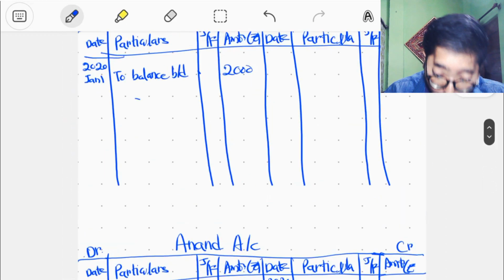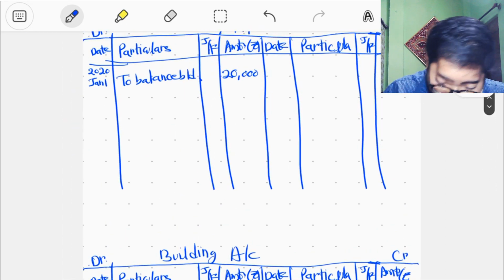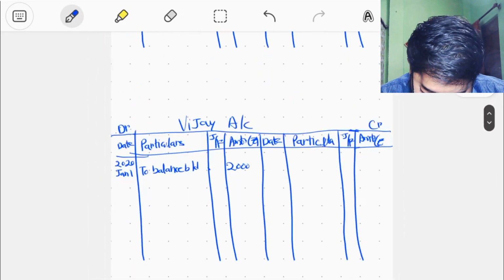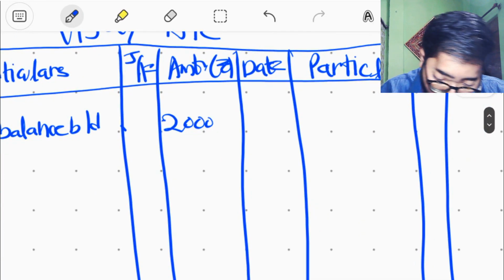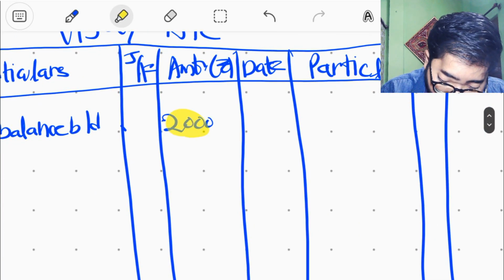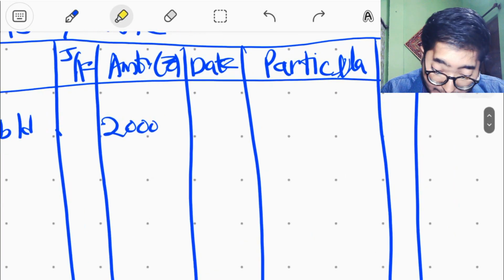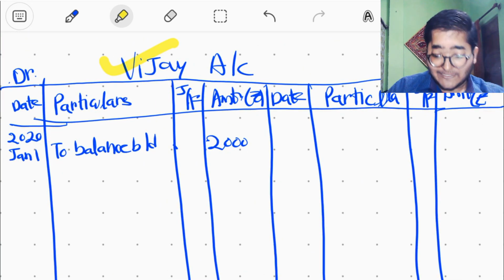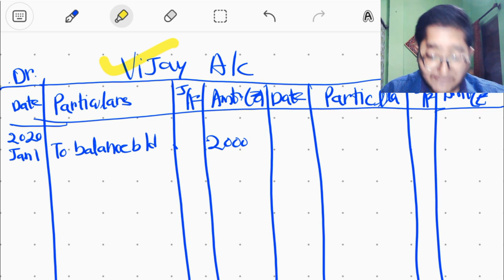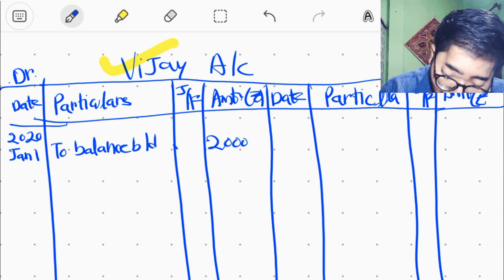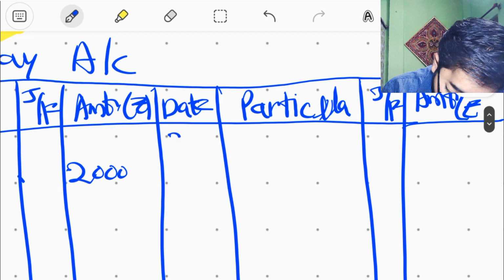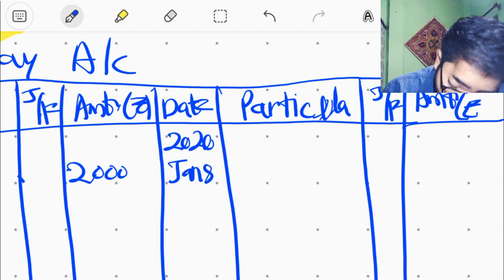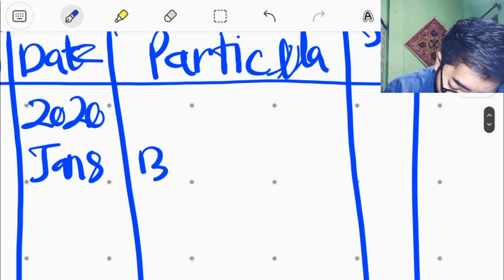Now, what account? Who is crediting? The account that is crediting is Vijay account. Vijay account, the amount that was outstanding was rupees 2000. This Vijay account is crediting. That is why on the credit side of Vijay account, the date of the transaction is 2020 January 8, by